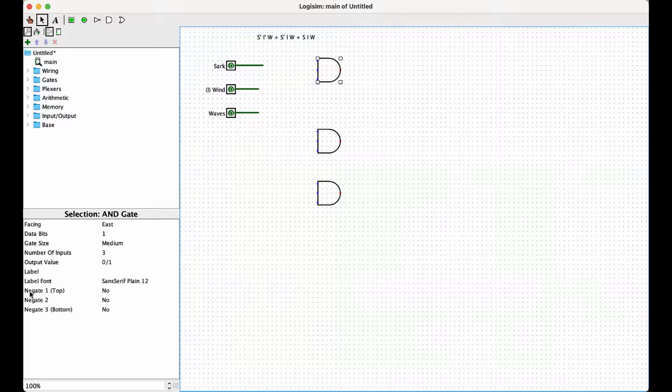If you see here, we can negate certain inputs and kind of put a NOT gate right on that input. So we know that the shark and the wind want to be there. And you see that little circle represents a NOT gate. So these are just shortcuts in the way that you draw this. Remember, this isn't how circuits really appear. It's just a little shortcut to be able to